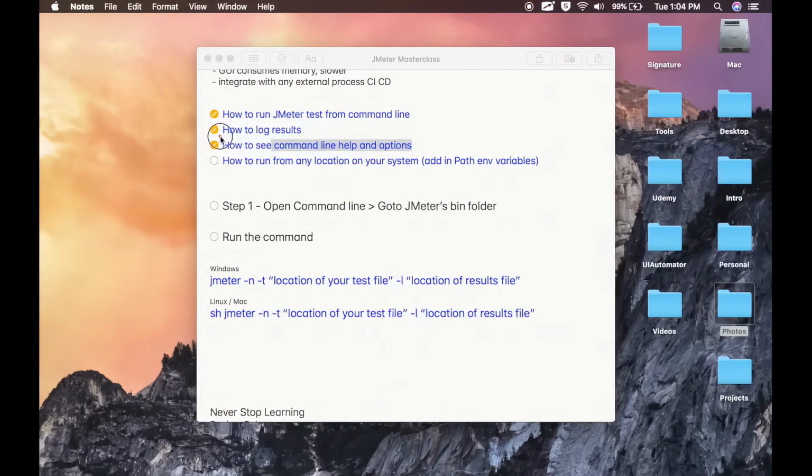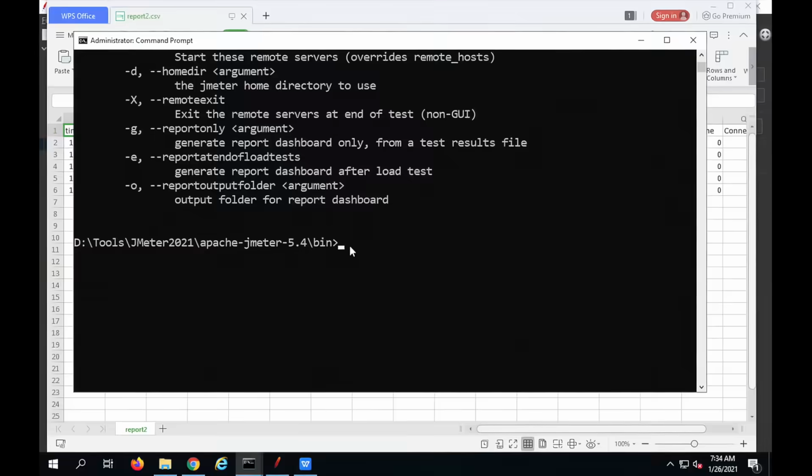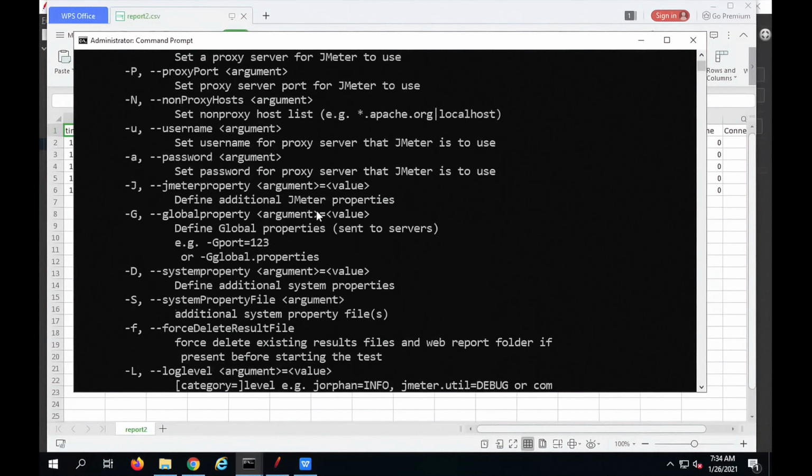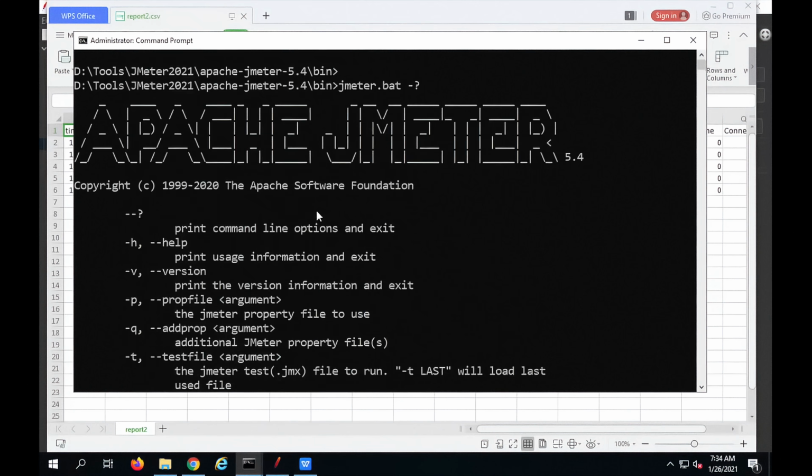So this is how you see command line help and options. Now before I tell you how you can run from any location on your system, in JMeter you can also set the users or threads from command line, and you can set other parameters like ramp up time and everything